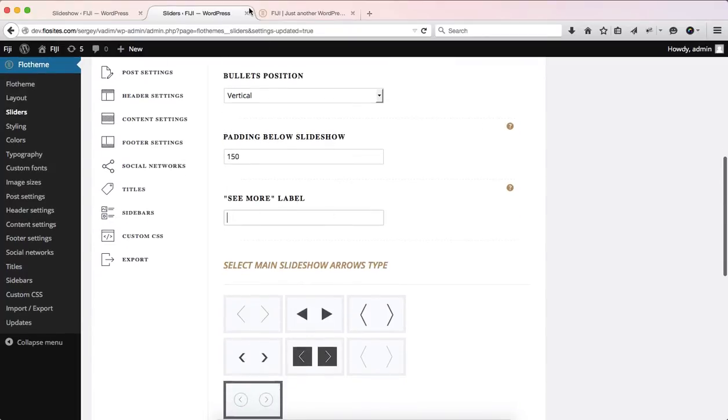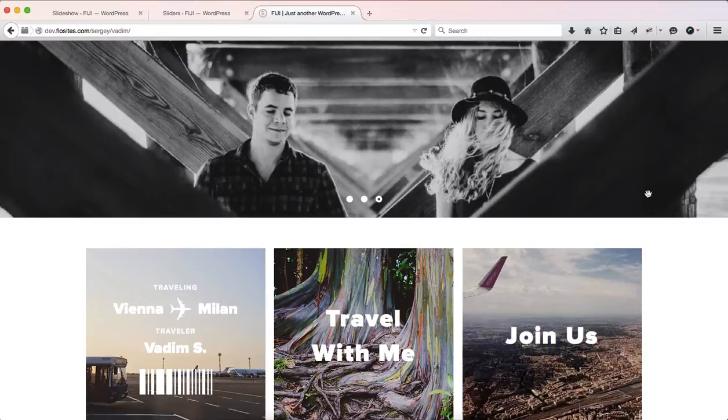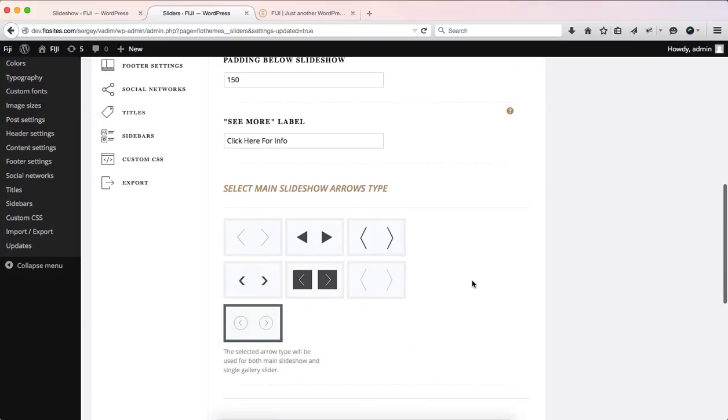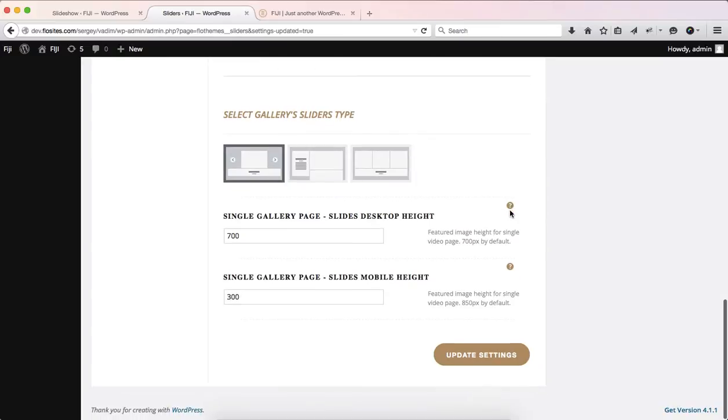The see more label really means that you'll have a little button over here that says see more information, or scroll down, whatever it may be. So let's just go ahead and click here for more information, and it'll scroll our page down. And then over here we have the option to select our arrow types. So let's go ahead and select this one over here, and at this point we'll click on update settings,